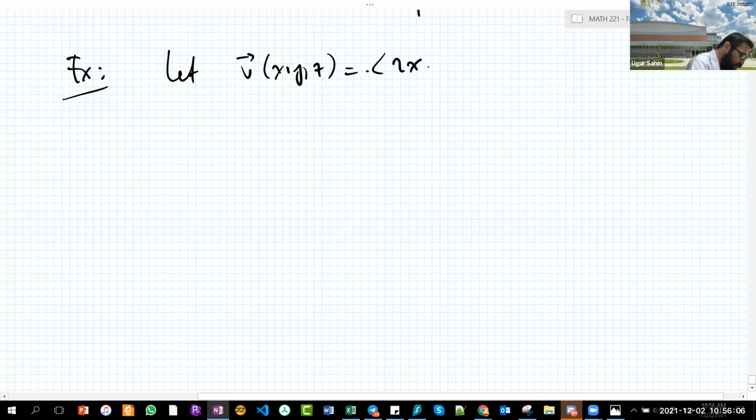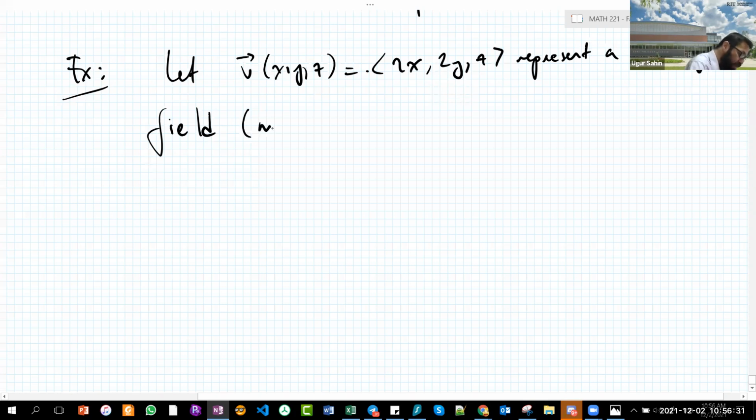It is given this way: (2x, 2y, z), and it represents a velocity field. The units for the velocity field are meters per second, guys. Meters per second. The velocity field for a fluid